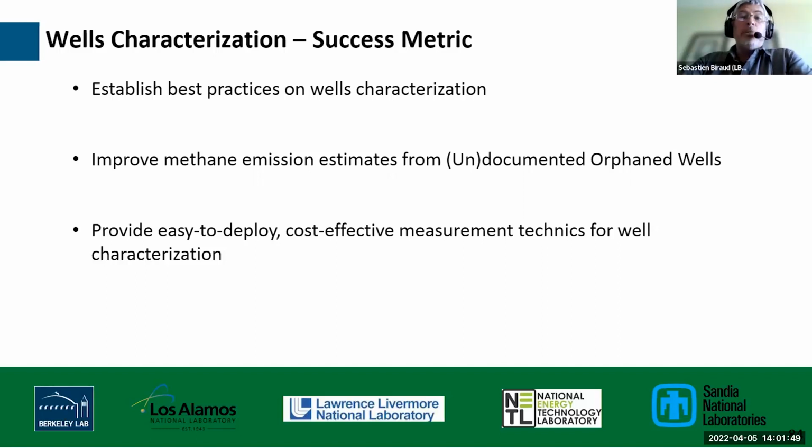It would be to establish best practices on well characterization. And I think because there's so much effort across different agencies and different labs, it'd be nice to establish best practices, working also with EPA, right? Who is also having evolving methods to characterize methane emission from the oil and gas sector. So that would be a really good collaboration as well. And it'd be nice if we would improve methane emission estimates from undocumented, documented orphan wells. And I like the pre-post plugging approach, which also